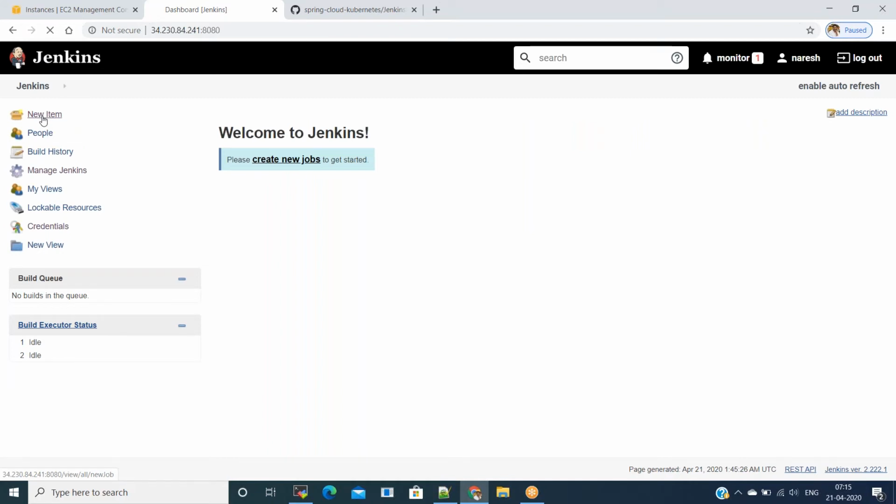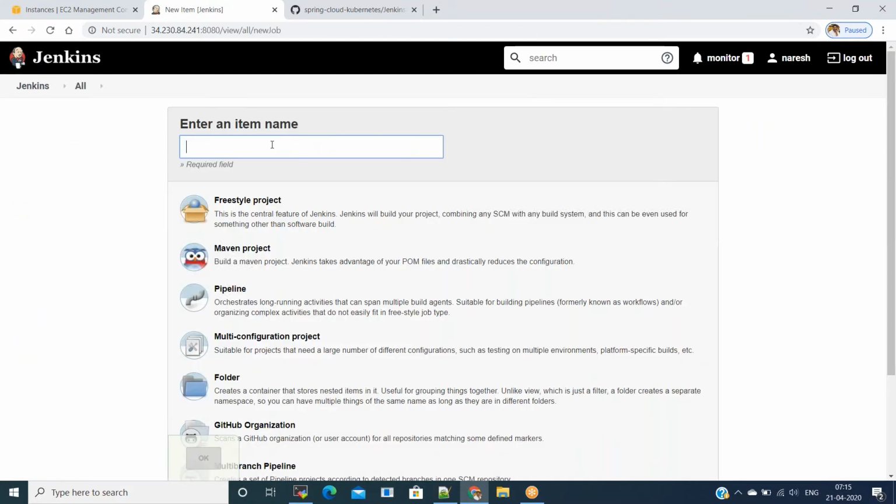Click on new item and just say deploy Spring Boot application to EKS cluster using Ansible playbook.